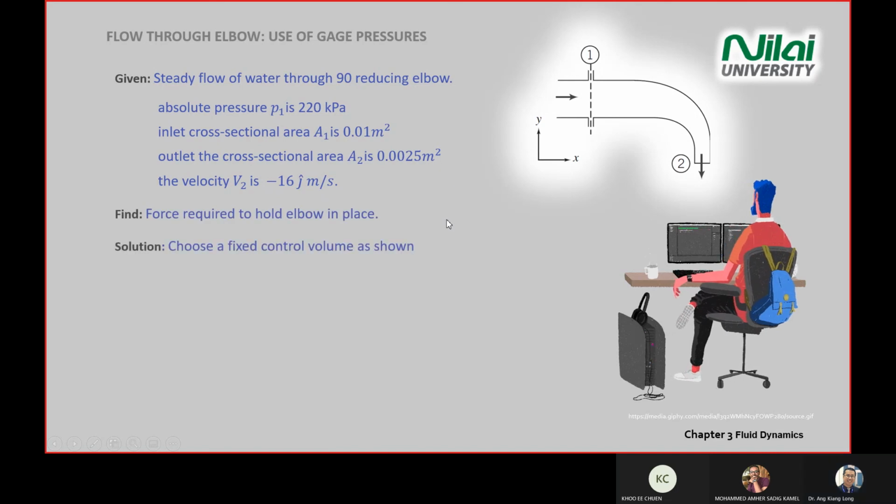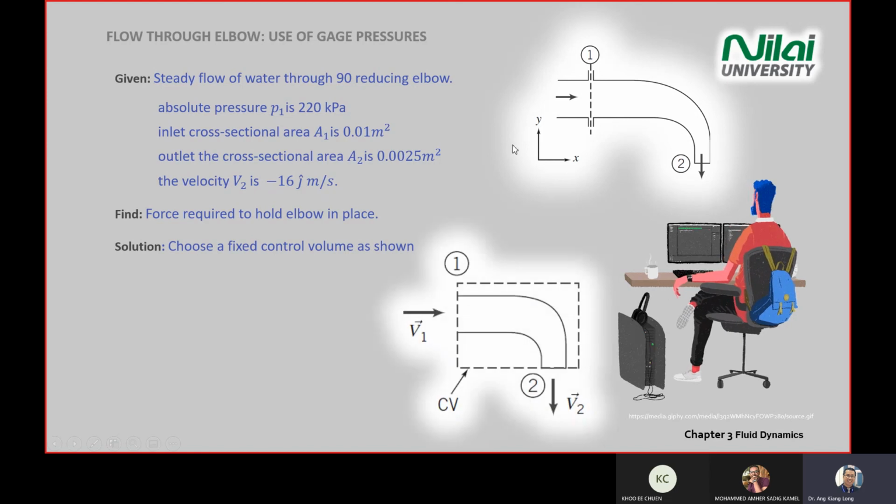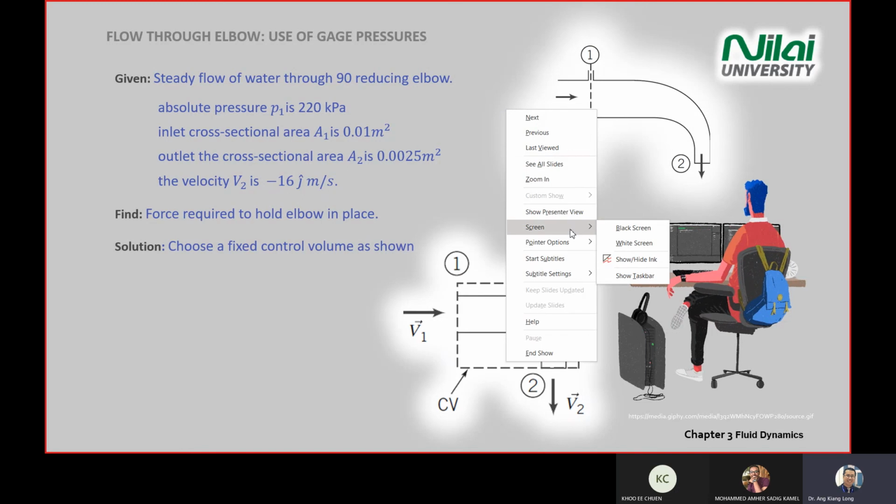Okay. Now the next one, you should already know you should draw the control volume. Now, how do you draw a control volume? It's always able to contain the system that you're going to analyze. So you convert the diagram above to the one at the bottom of the screen. You have a square control volume where your velocity goes in and velocity goes up. So in this case, you already can know the vector form